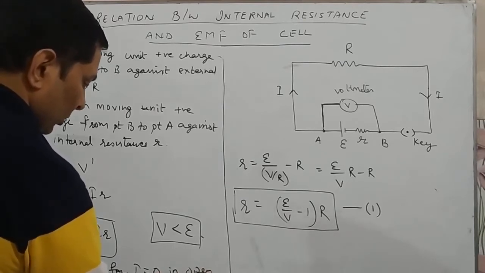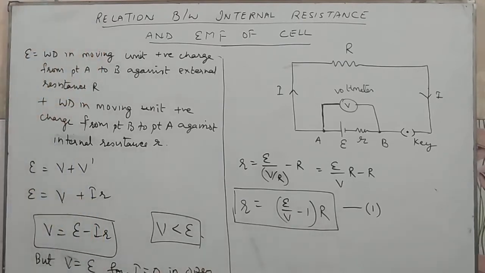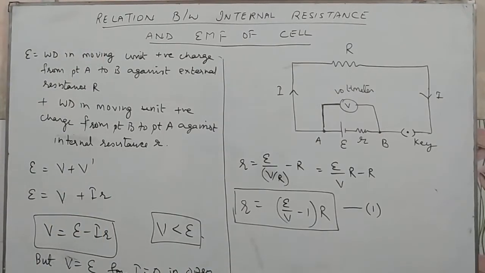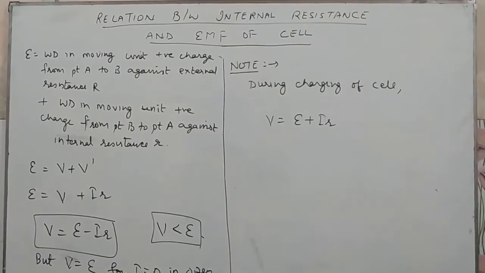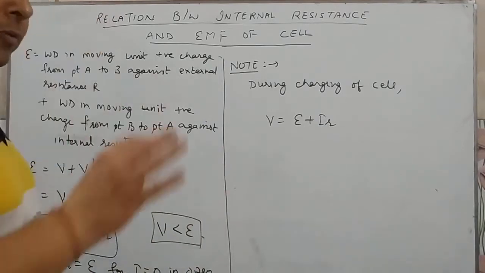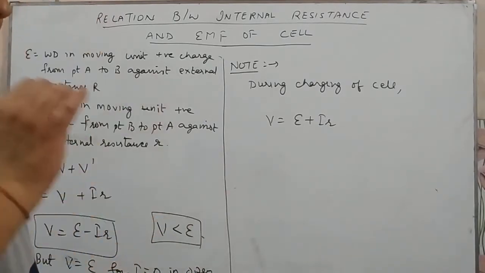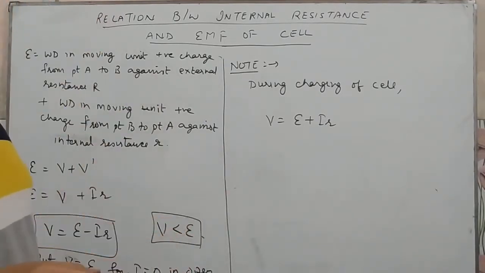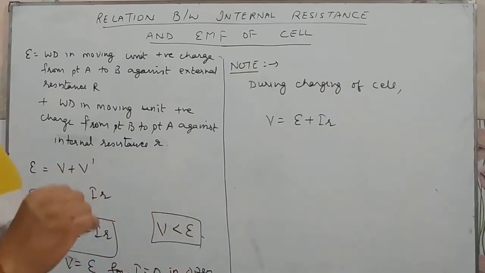Open circuit. Fine. So we have done two relations here. First is E, small r and E. Second is V and EMF. One thing more, we know that at our home, almost all of us have an inverter. An inverter actually has a DC battery, and that is charged by the external current.